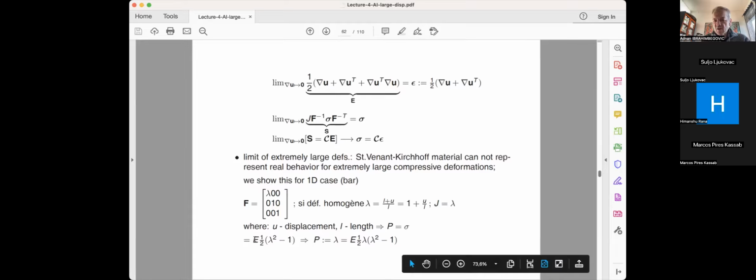First of all, the second Piola-Kirchhoff stress is equal to E times 1/2 (lambda squared minus 1). And then P would be equal to lambda times S. And it becomes E times 1/2 lambda (lambda squared minus 1). So basically, let me illustrate this a little bit better. What could go wrong? If I have such a case,